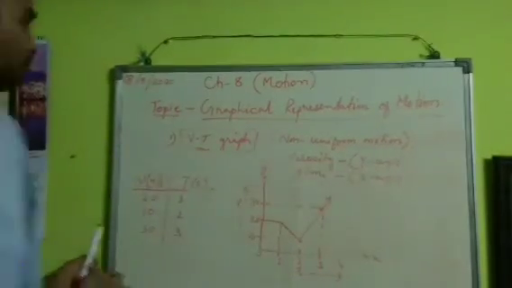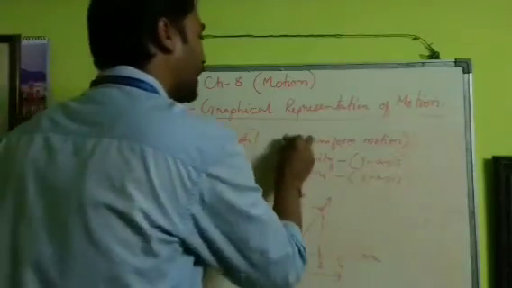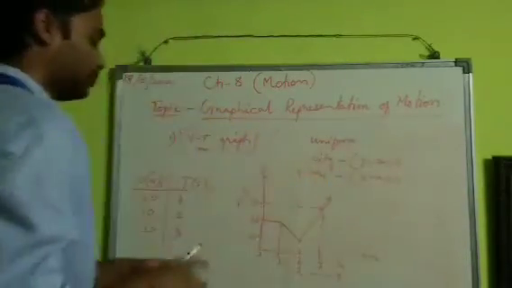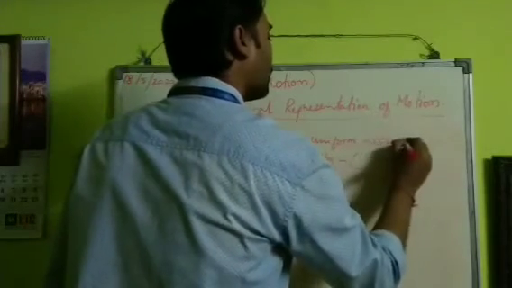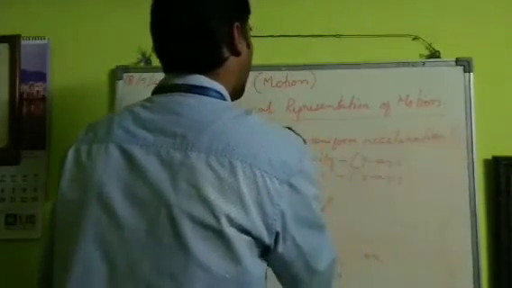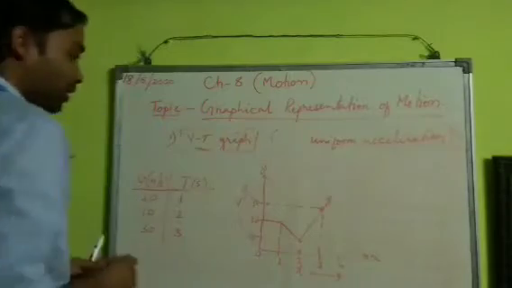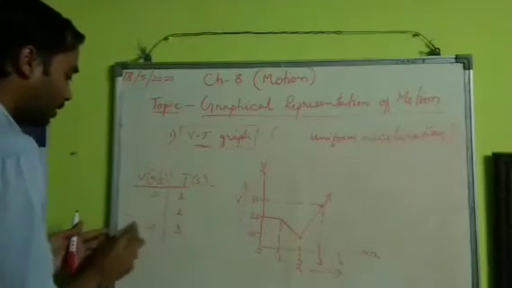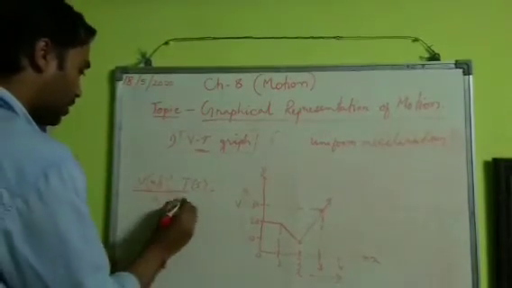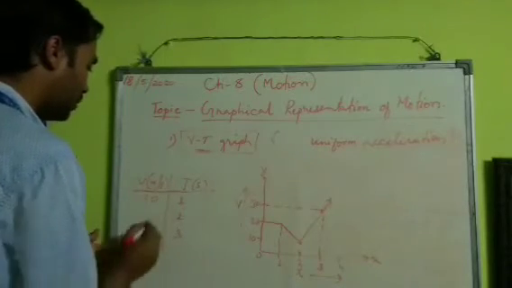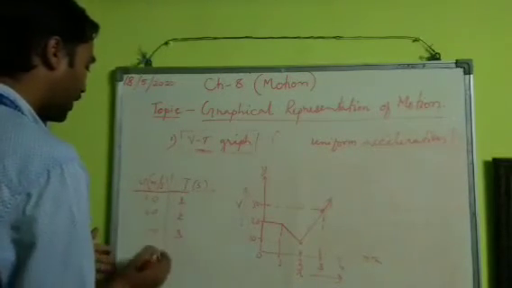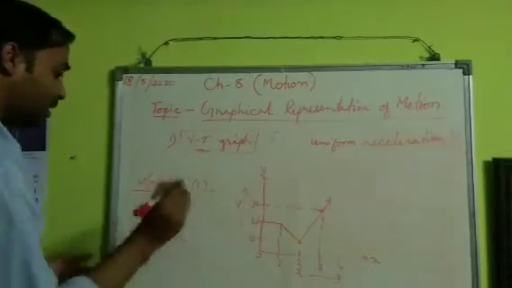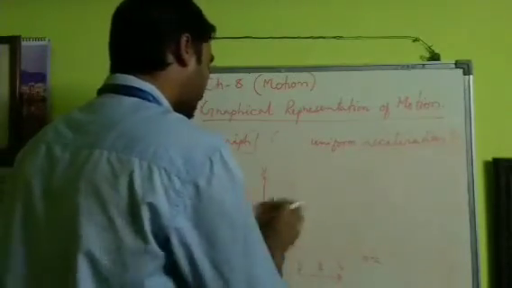Now let us see the velocity time graph for a uniform acceleration. Now what do you mean by uniform acceleration? The velocity increases equally for equal intervals of time. So let us take another set of values. At the end of the first second the velocity is 10 meter per second, at the end of 2 seconds the velocity is 20, and at the end of 3 seconds the velocity is 30. Now if we draw the graph for this set of values, we'll get